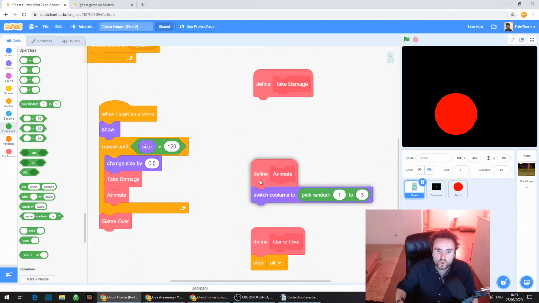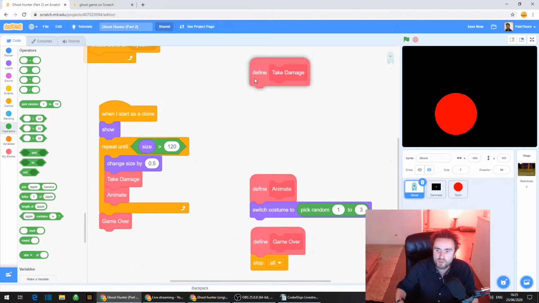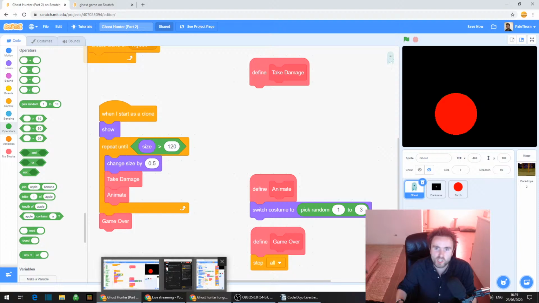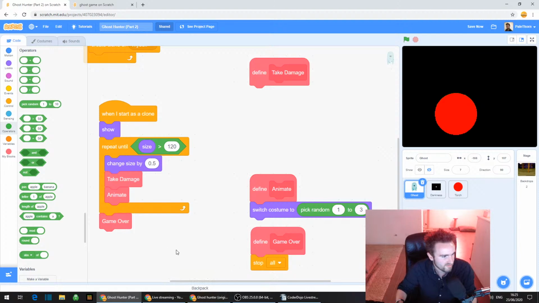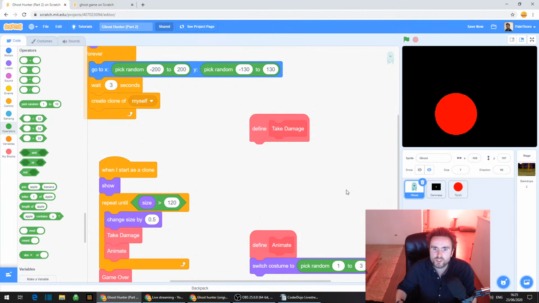We're going to put in some cool AI for what happens when the ghosts take damage. And when I say take damage, the way that I envisage it is that holding the flashlight over them makes the ghosts disappear. So they're allergic to light. That's the plan. All right, so everyone have a look at your define take damage.